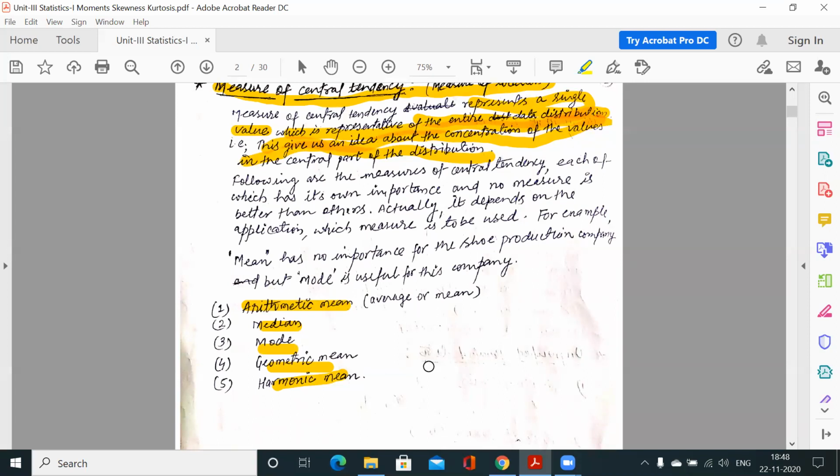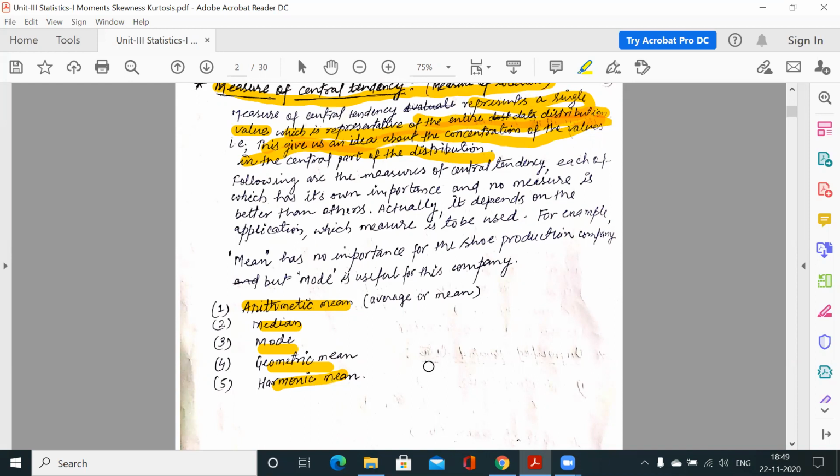Suppose it asks 100 people, what is your shoe size, and all 100 people tell their shoe size. Suppose someone wears number 7, 8, 6, 9, 10. So for 100 people we have collected the shoe size. The shoe sizes may be 6, 7, 8, 9, 10, with repetitions of these sizes, so there is a lot of information in the data.